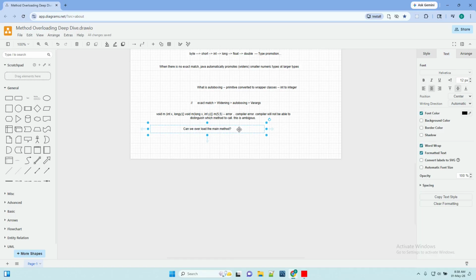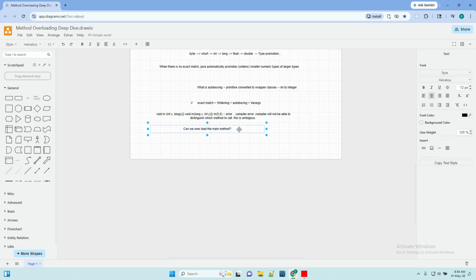We have public static void main string args. That is the exact signature. So we can define as many overloaded main methods as we want, but the JVM will always call the one with the exact signature, which is public static void main string args. Okay, and an overloaded method can be called explicitly with some version. So yes, we can overload,